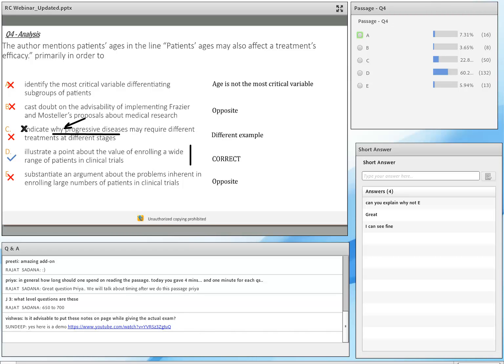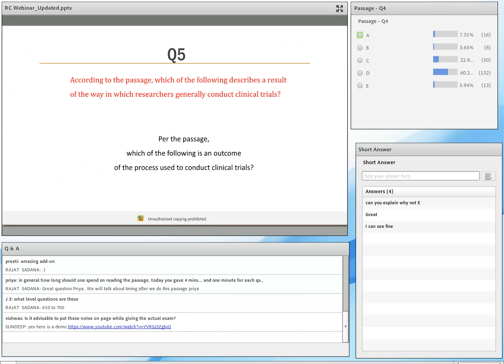Let's go to choice E very quickly. Let's see the poll results for choice E. Here are the poll results. This is actually the question that most of you made a mistake on. And this is, in my opinion, fairly simple, probably the easiest ones.